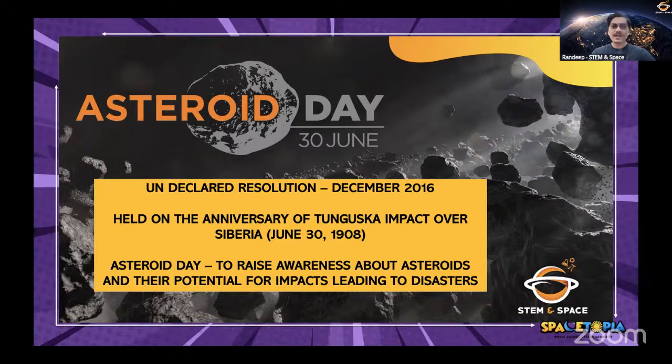And to celebrate the anniversary, it's more about a sad celebration, because an asteroid impact is nothing of a very happy event, of course, which I had told you earlier as well. But what's happy and exciting is the fact that when asteroids come down on Earth, we get to learn a lot about them. We get to learn a lot about the type of materials that they're made up of and a whole lot of other information. And in addition to that, we also get to know that if asteroids are coming down, there are definitely several risky asteroids that may be present around our Earth that might pose a threat to us in future as well.